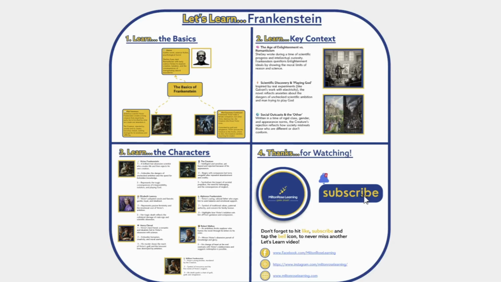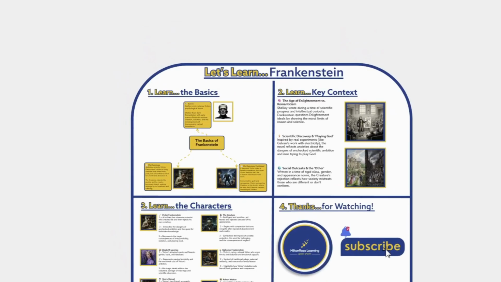So arguably the best novel ever written by a teenager. We're going to look, as we normally do, at some of the basics and give you some very important plot points. Then we'll look at some of the key context, because it's really important that you understand the history and some of the social stuff that was going on at the time. And then we will finish off by meeting some of the characters and, most importantly, what they symbolize and represent, so we can get to the real thematic heart of the novel. Okay, so let's dive in.